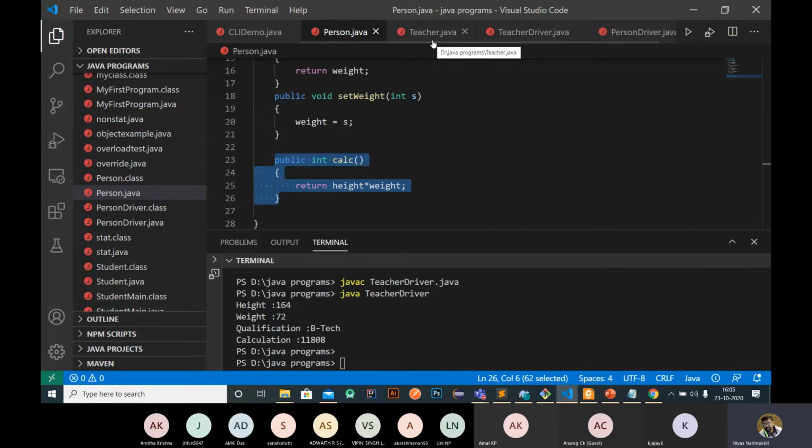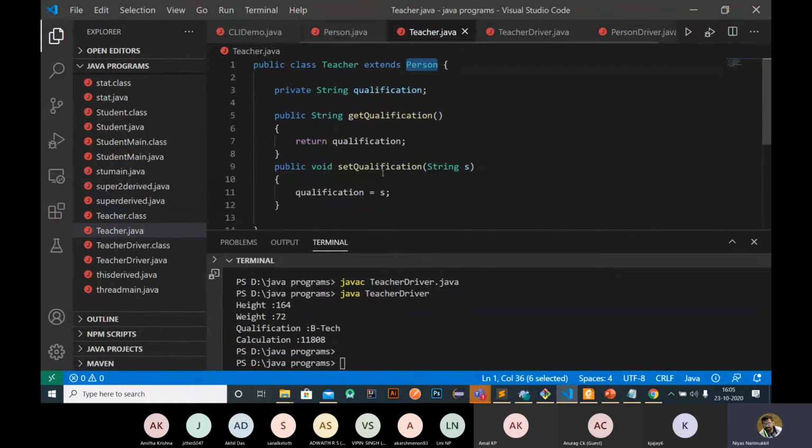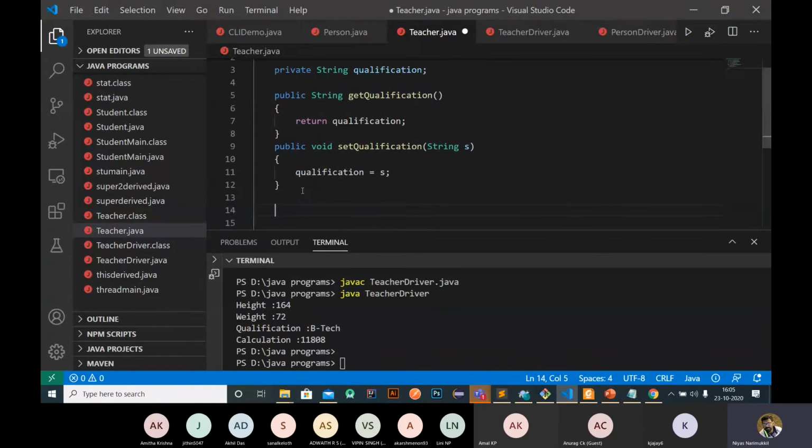That is possible. All child classes can override methods of a parent class. If you want to override this method, then we need to create the same method having the same definition. The definition of this method is public int calc, right? So we need to use the same definition here under the teacher class.